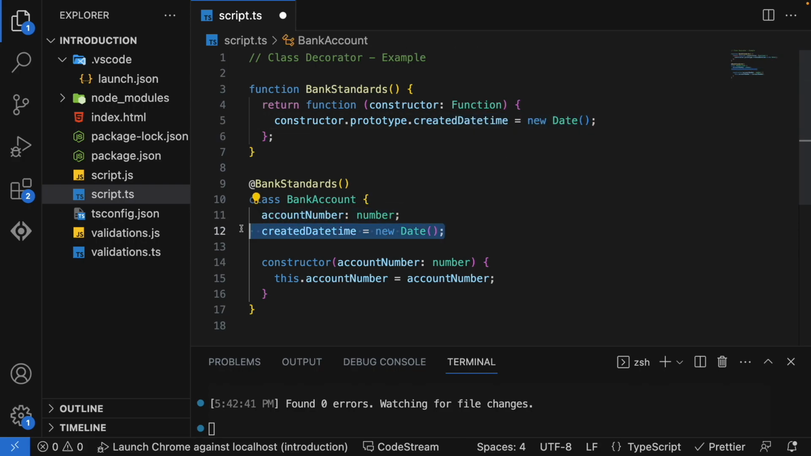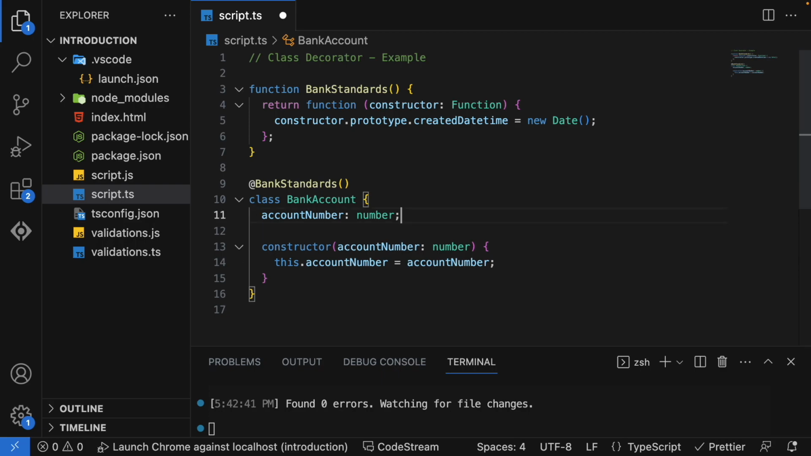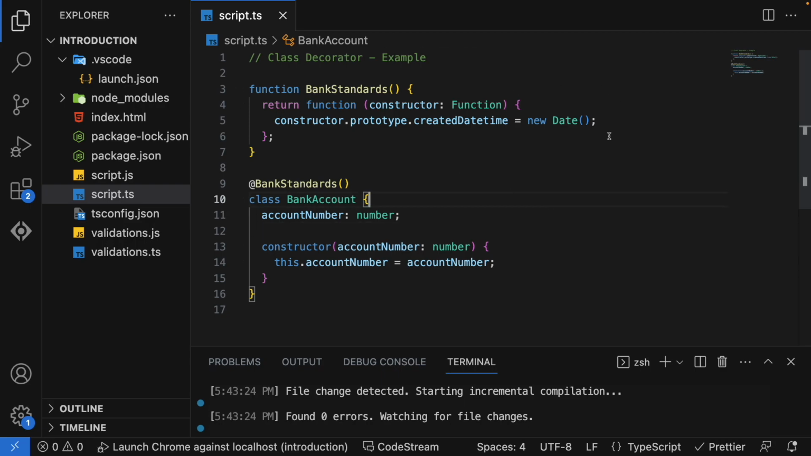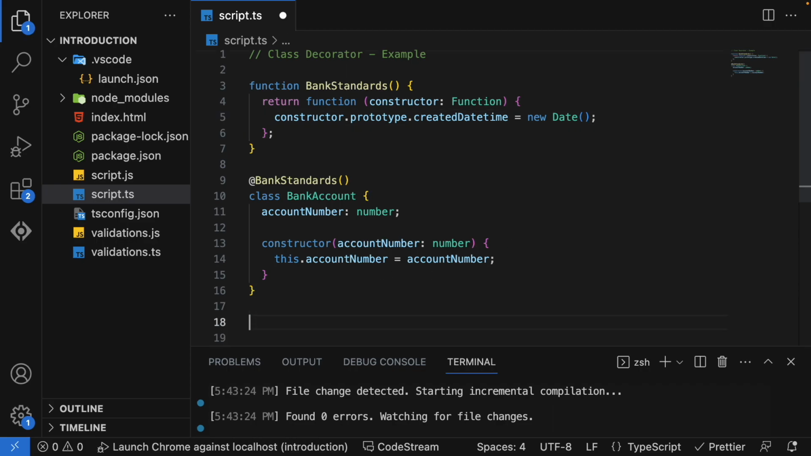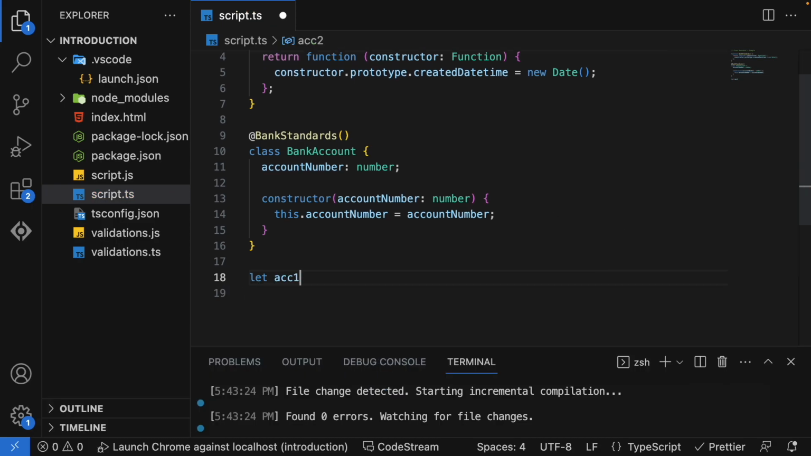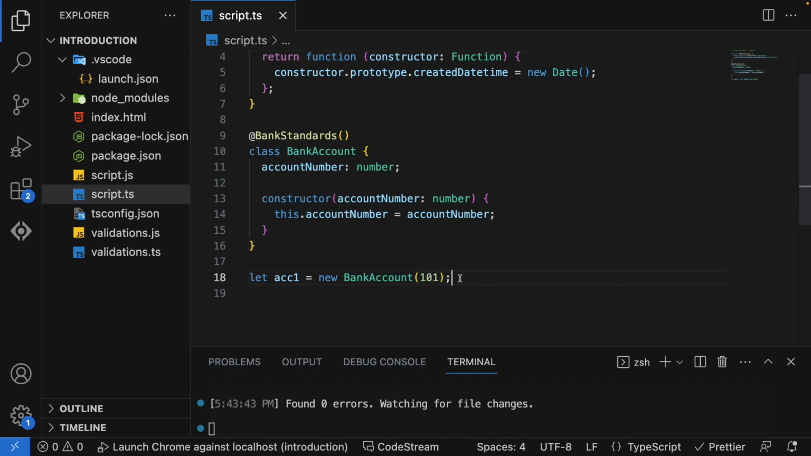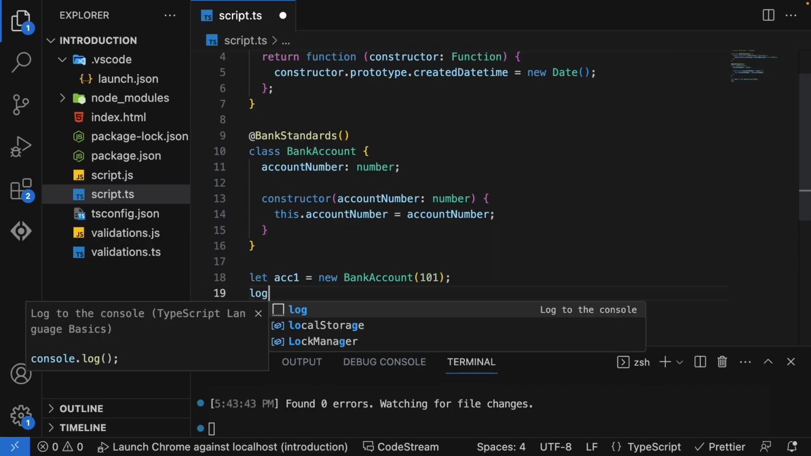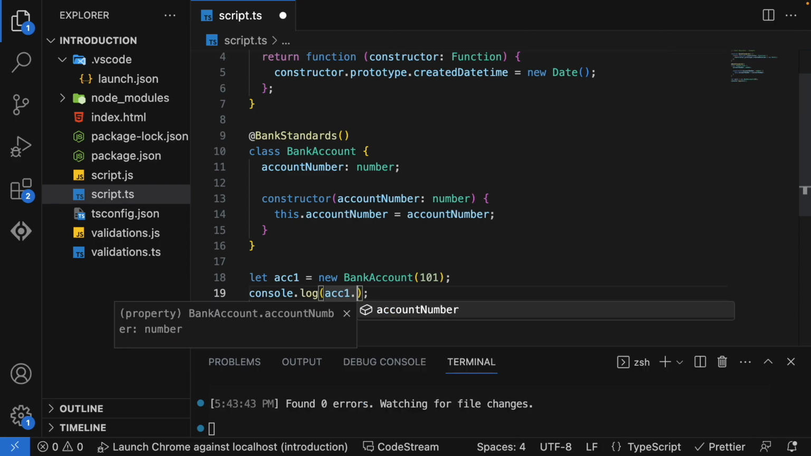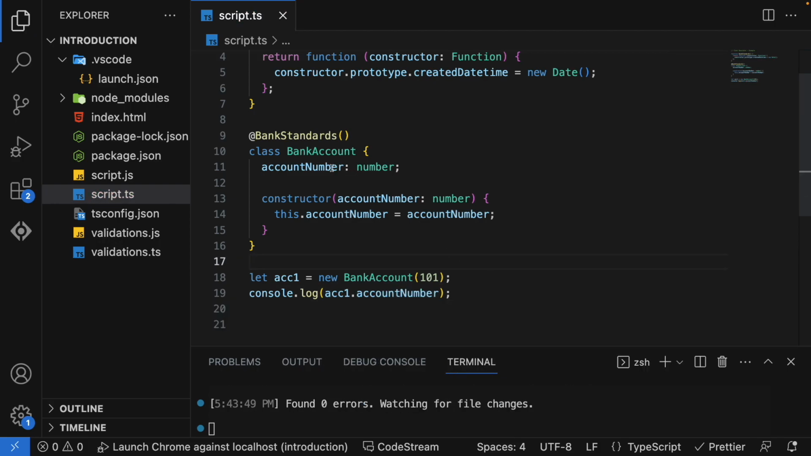So the equivalent code I have also written here. Let me just remove this. And as soon as we are done with this, we'll create a variable here called acc1 equals a new bank account that we want to give to one of the customers. We also need to give some account number that we already know. And here, if you try to console log acc1.accountNumber, of course, you will get whatever account number